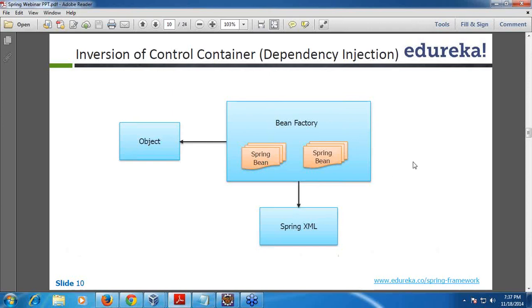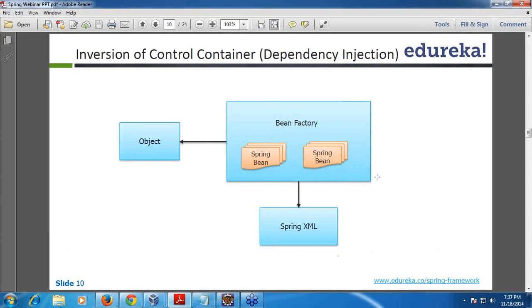In a typical Spring application, we create simple Java beans and wire them. Wiring means associating different beans with each other.